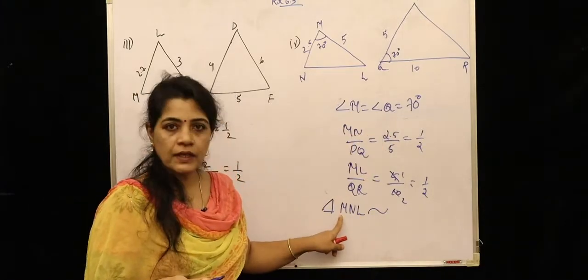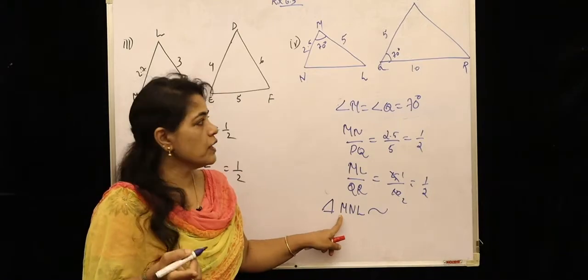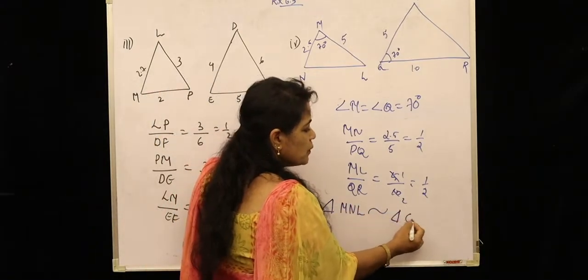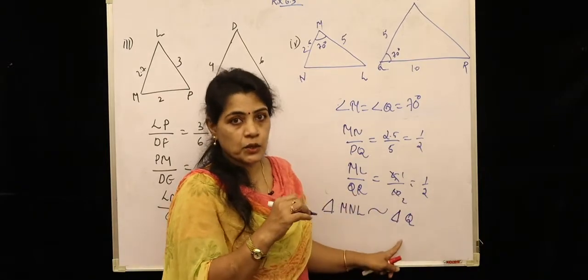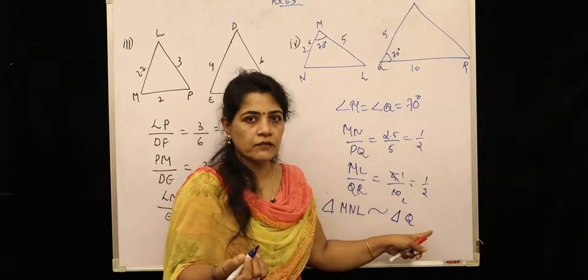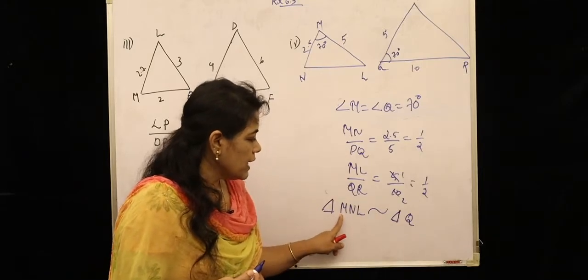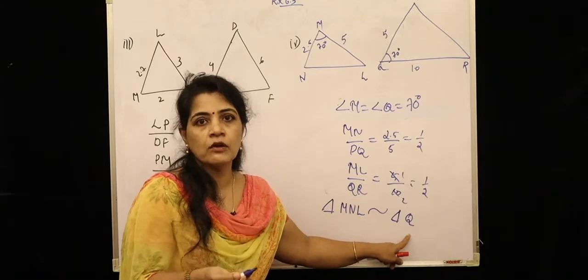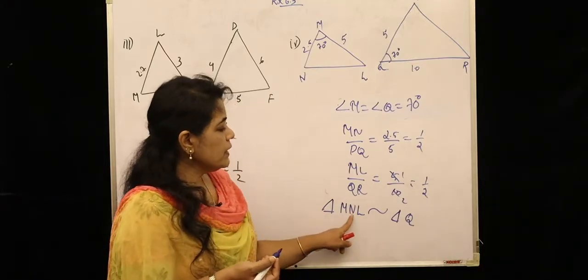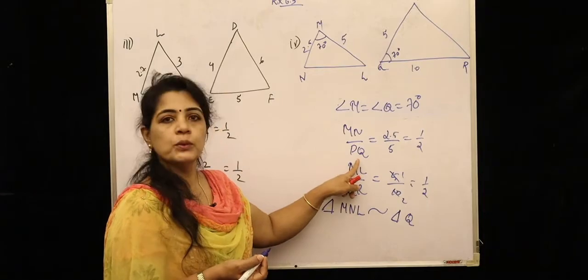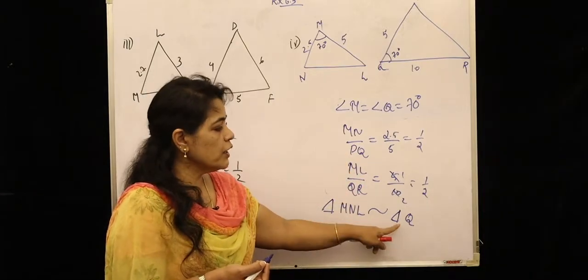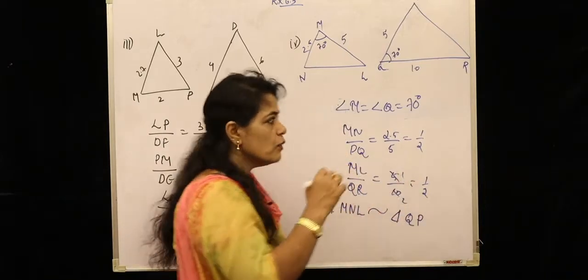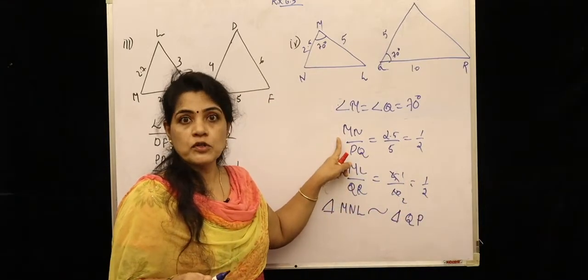So where is M? That is in the first position, so you have to write Q in the first position. That means triangle Q, in triangle Q PR or PRQ, that we don't know. So here angle M, in place of it Q comes, that means angle M equals angle Q. Then MN divided by PQ. Here already PQ and QP are the same, so P will be here, then only this ratio will be in the same proportion.